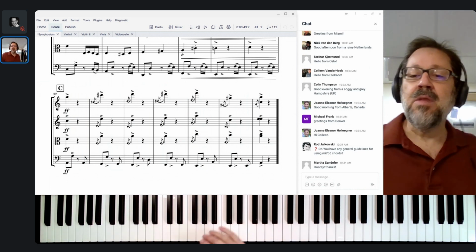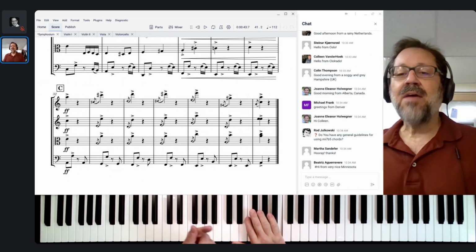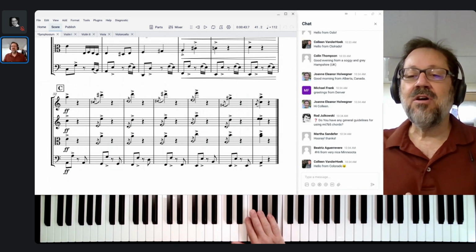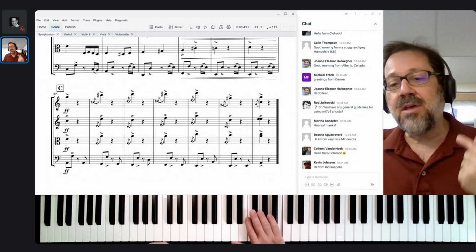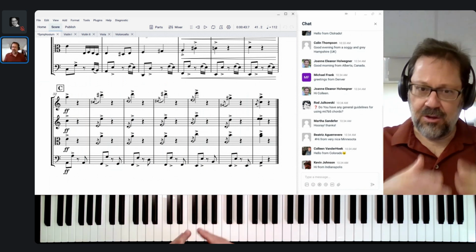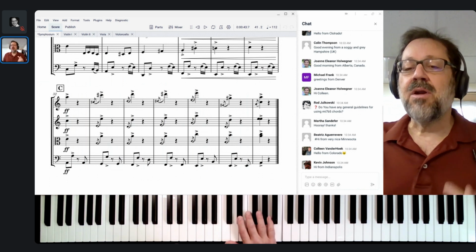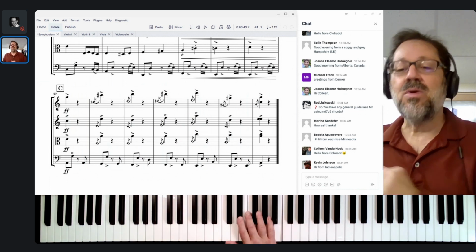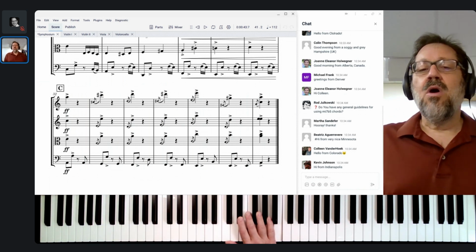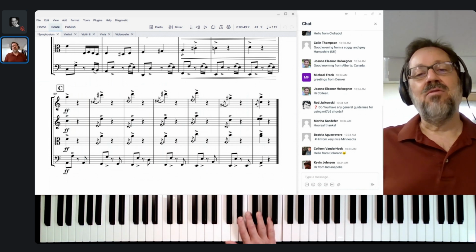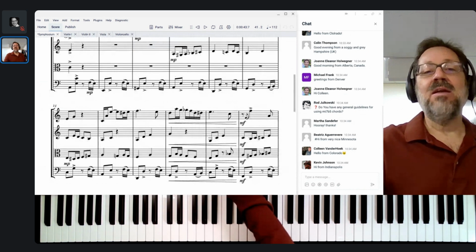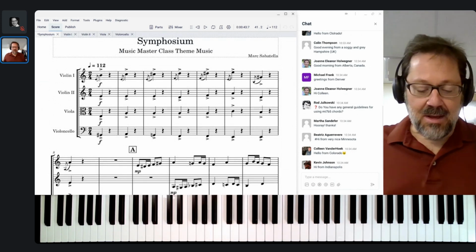So, Rod has a nice specific question that I'm going to try to answer because it's a good question that comes up both in the context of the current subject of secondary dominants, but it also is going to come up next week when we start discussing borrowed chords. All right. So Rod is asking about minor 7 flat 5 chords, otherwise known as half diminished chords. All right. Well, let's talk about it in the context of my masterclass theme music.